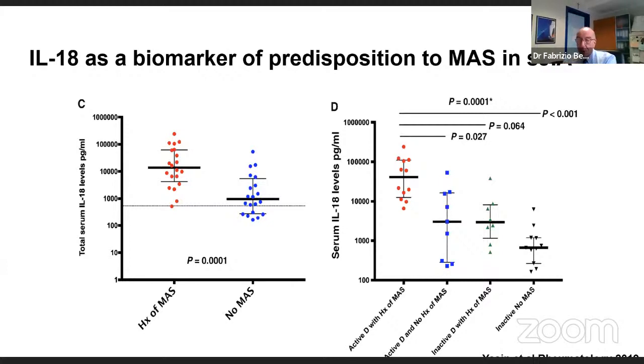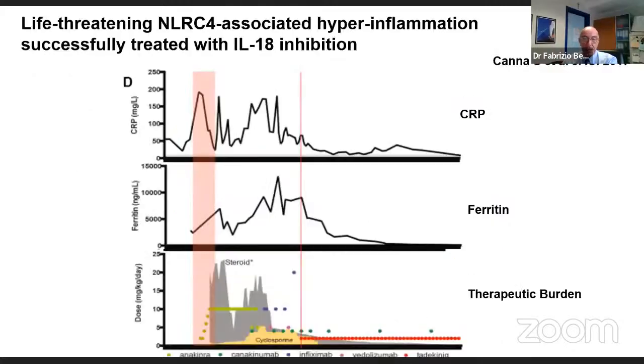And I'll show you what is the pathway and why I think we should use IL-18 as a biomarker. It is important, oh yes, it's important. Here is a paper of a patient with an NLRC4 associated disease, the disease I showed to you before, treated with an IL-18 inhibitor, showing resolution of MAS episodes, decrease in ferritin, and possibility to taper essentially all treatment except